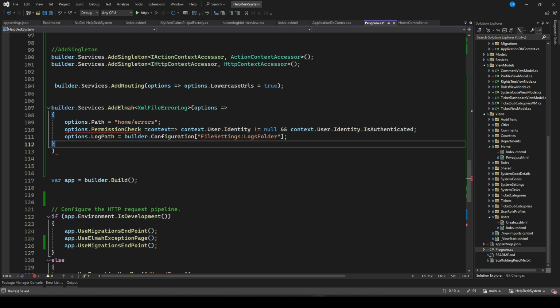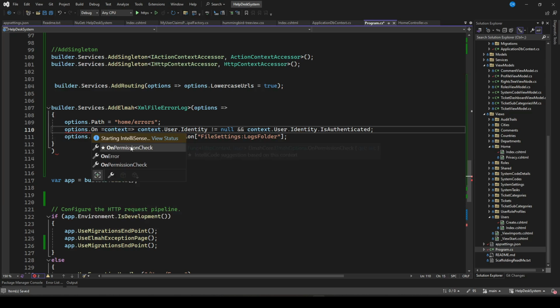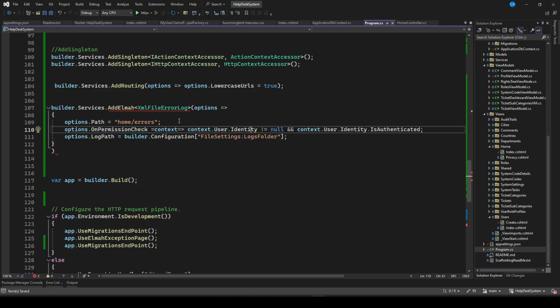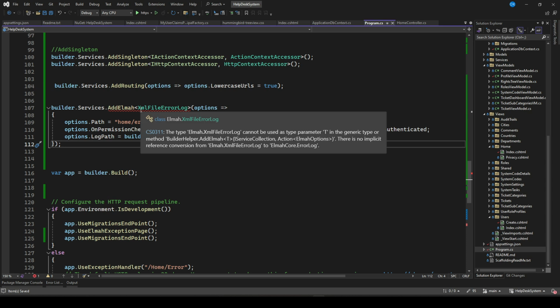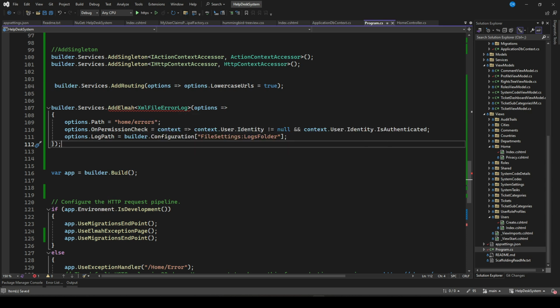As you can see here, this is showing an error. So here you should say on permission check. So that is when that is addressed. Then here we need to close this. So we need to do this and we need to close it here. If we close it there, then you can see it is telling us